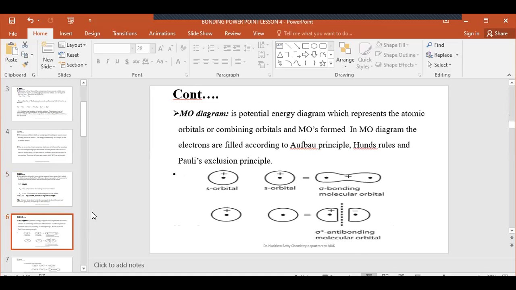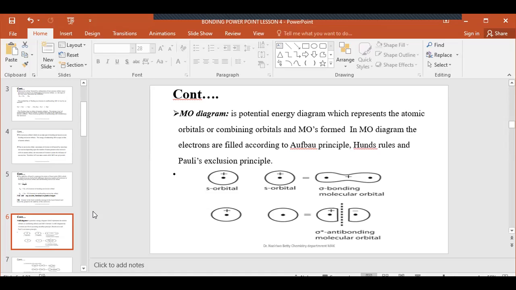So molecular orbitals can be represented in a molecular orbital diagram. What are molecular orbital diagrams? These are potential energy diagrams which represent the atomic orbitals of the combining atoms and the molecular orbitals formed. In the molecular orbital diagram, the electrons are filled according to Hund's rule and the Pauli exclusion principle, whereby we fill the orbitals with lower energy before we go to the ones with higher energy, and the electrons must be